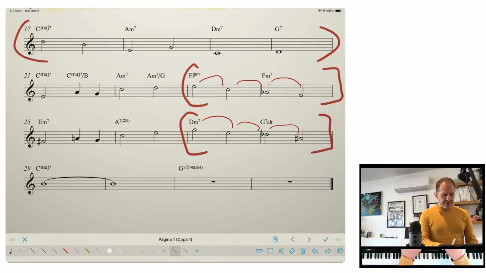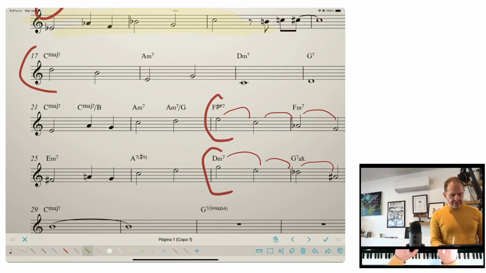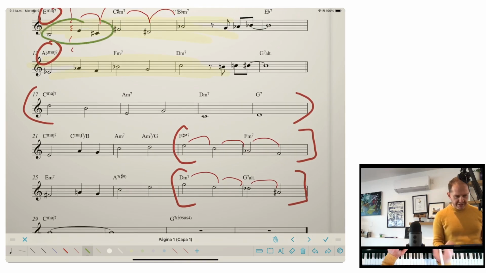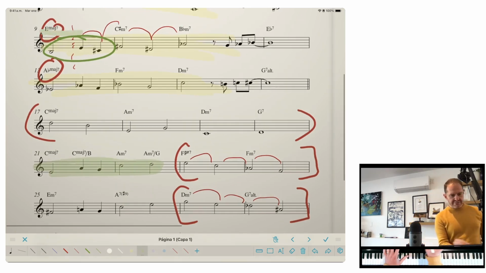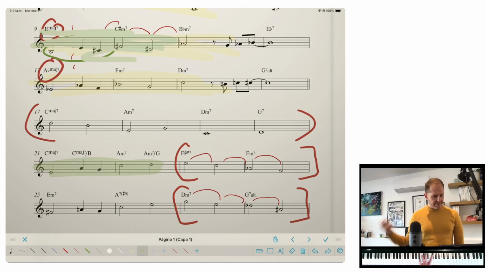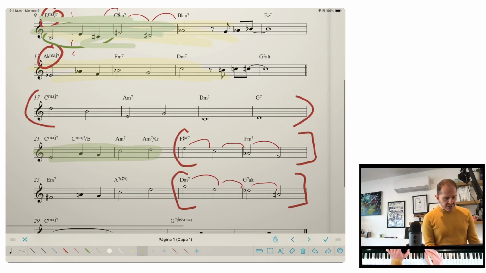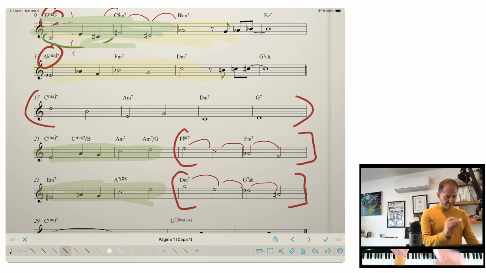Now, 21 and 25 are a little bit less obvious, but they definitely relate to the B theme. They're not exactly doing interlocking thirds, but look at what is the same. They have the same rhythm as the B theme. Look at measure 9 and measure 21, right? Measure 21. And then measure 25, again, has that same exact rhythm. Now, measure 21 has one more similarity, which is that just like measure 9 and measure 13, it starts with the leap of a fourth.